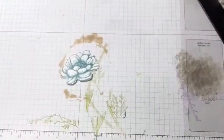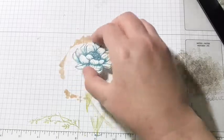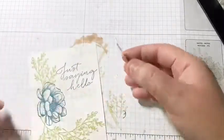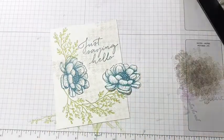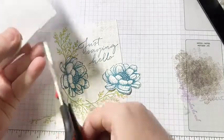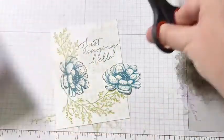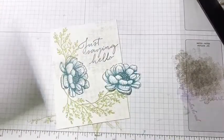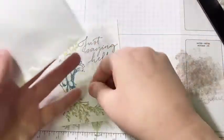I liked the label dies. I always like any label dies, so I thought, you know, I'll buy the bundle. I'll buy the stamp set, and I forced myself to use the stamp set. And I bought it actually quite a long time ago, so...